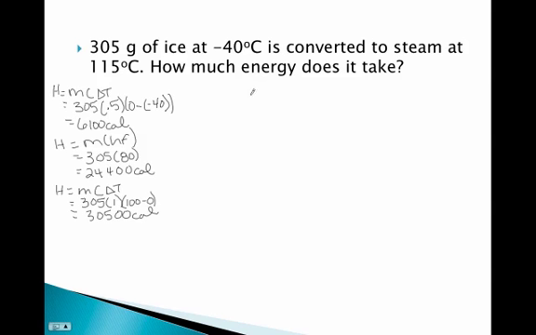Next step, I need to switch all of the liquid water into steam. To do that, heat is equal to the mass times the heat of vaporization. So my mass is 305 grams again. My heat of vaporization is 540 calories per gram. Multiply those and we get